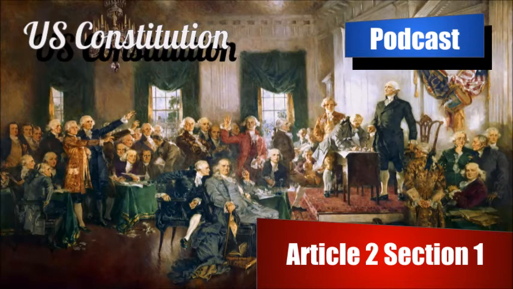The 12th Amendment refines the electoral process by creating two separate ballots, one for president and the other for the vice president. What this has come to be in our current presidential election process is the president will choose their running mate for the general election or the popular election, and the people broadly will vote for the president and the vice president together.